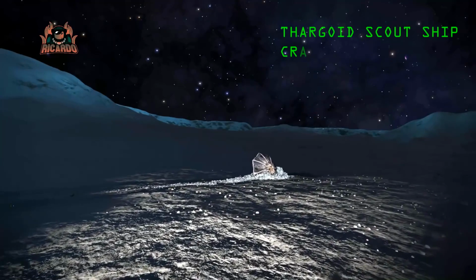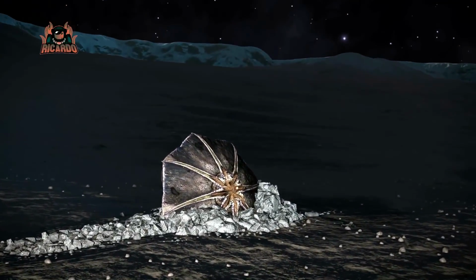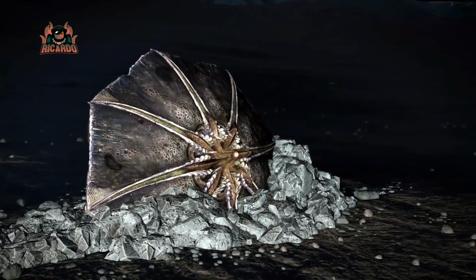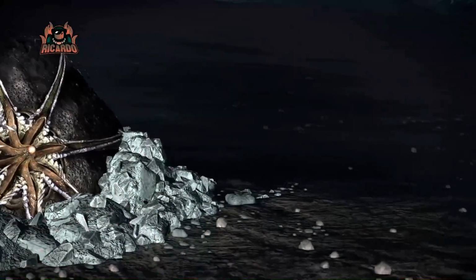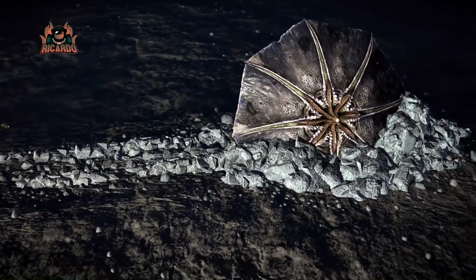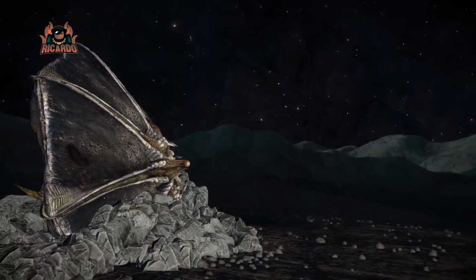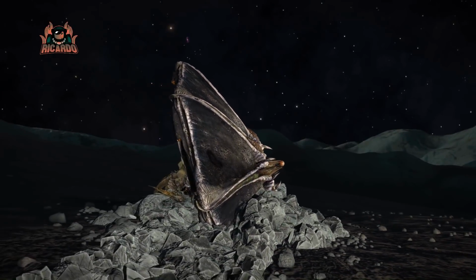Number 8, I'm calling the crash sites for the Thargoid scouts. I think these are quite impressive. You see the Thargoid scout up close. Generally you would only see them in combat, whizzing about you in a swarm. They hunt in packs. But now you get to see them crashed on the base, defenseless, defeated, materials hanging about outside, but you have got